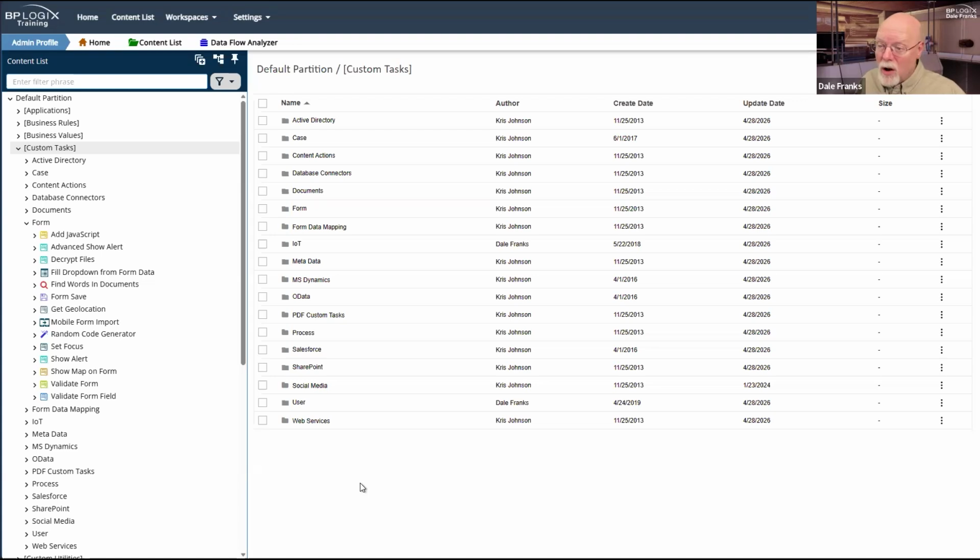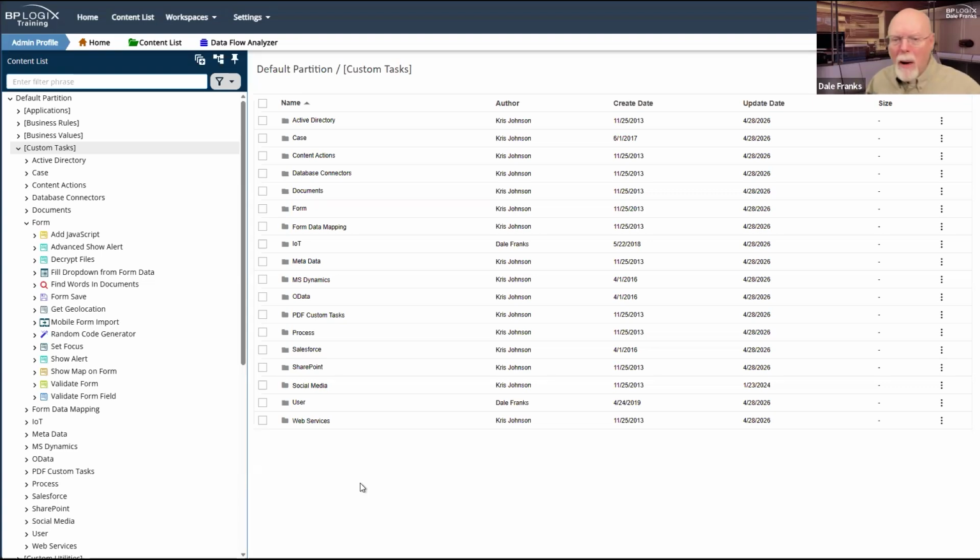However, if you are still on version 5 dot whatever, if you import a new version of the custom tasks, some of them may not work. And if that is so, you would need to tell us. Now, if you're on version 6, the custom tasks should all work. And honestly, they should all work on version 5 as well. But if you are on an older version, then you do have to be maybe a little more careful. You probably want to test on a test server first before importing the custom tasks.